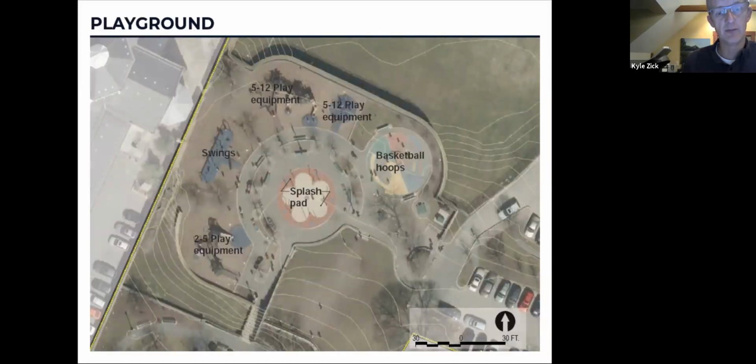So the playground itself, we zoom in on because we really would like to get a lot more input on how this playground works. It's organized all around this center space. It's an art piece, but it's also a lighting piece and it's also a splash pad. And it has a ring of flowering pear trees around it and then benches that would be in the shade of those trees. But that also gives you the opportunity to observe someone who's using the swings or the younger kid equipment or the 5 to 12 equipment or even the basketball hoops. So it's organized very formally.